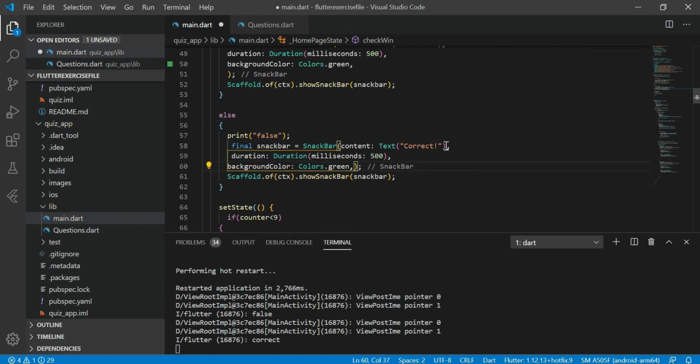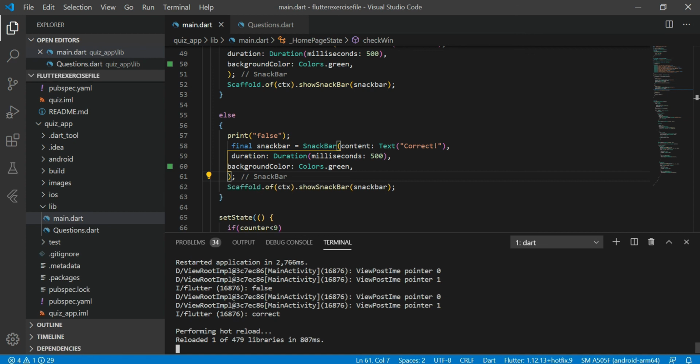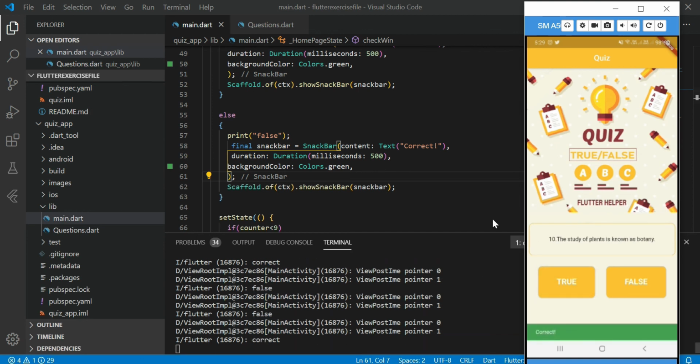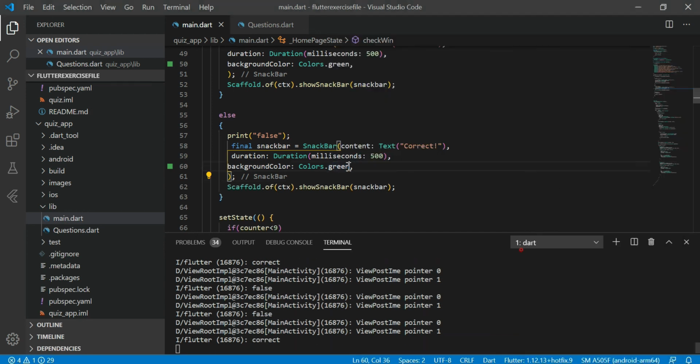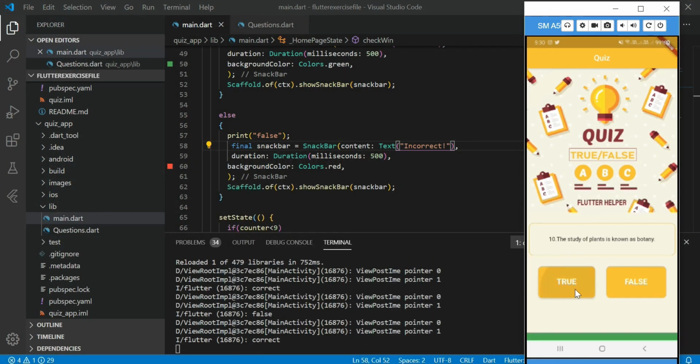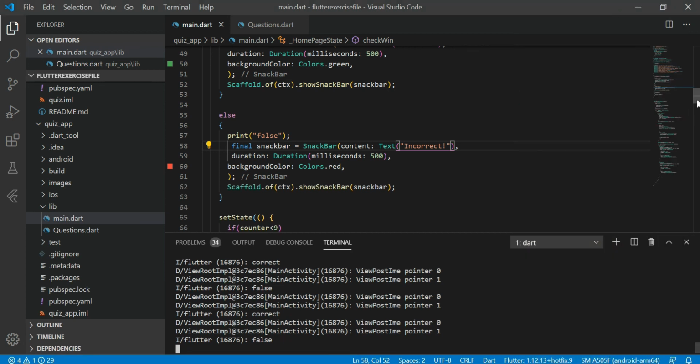And copy paste this same property inside the incorrect part. True, correct. What's the problem? Oh, I forgot to edit the things that I copy and pasted. Now it's perfect.